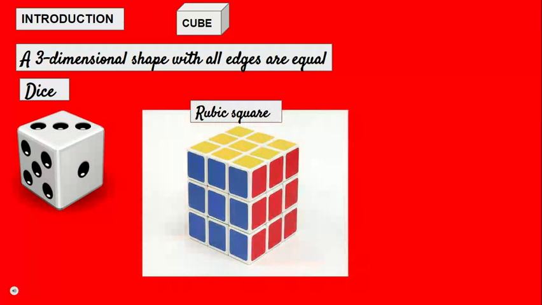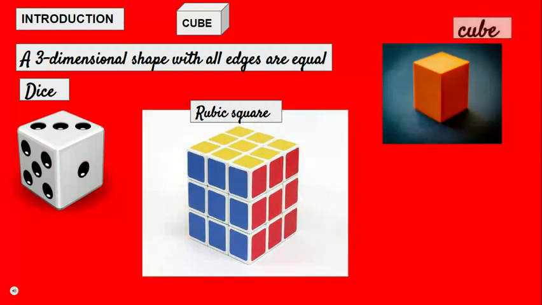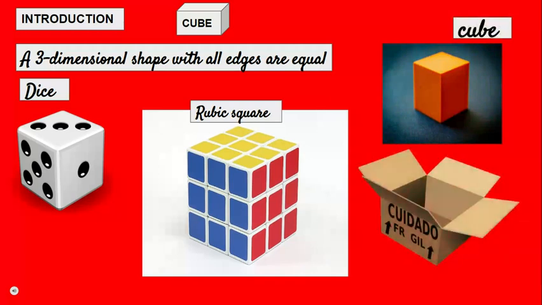Now we all know that a cube is a three-dimensional shape, as an object, isn't it? So when it comes to a cube, we see that there are many different surfaces which make a cube, like each face of a cube is a square. So here it looks like a box. In this box you can see that each face is a square, and six faces together form a cube.